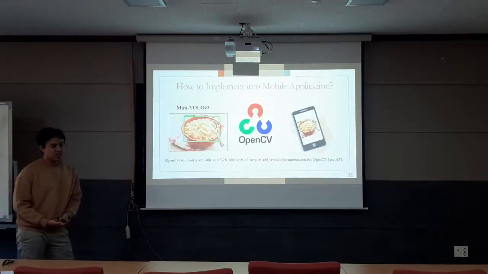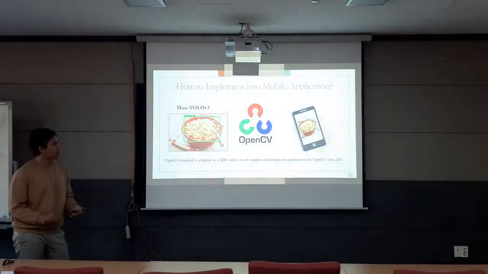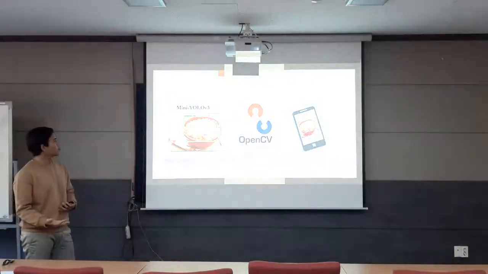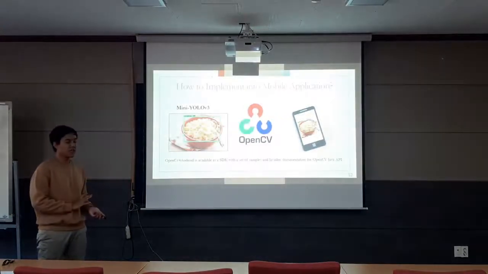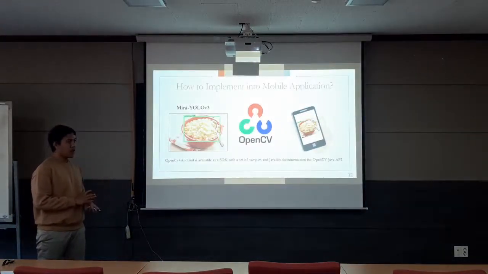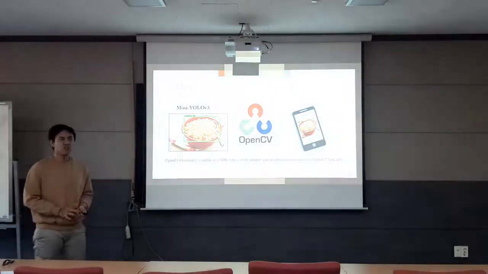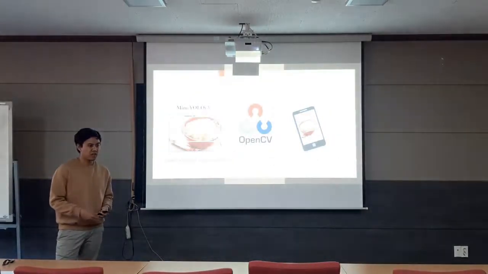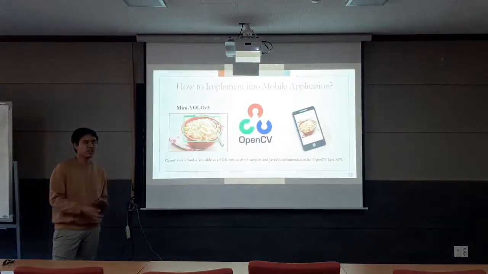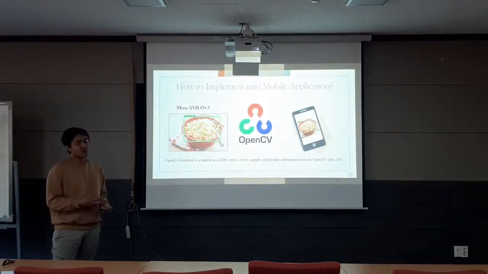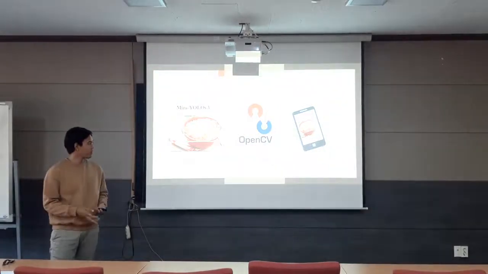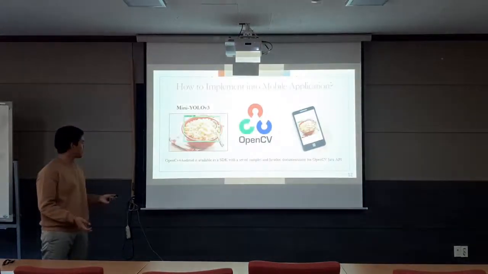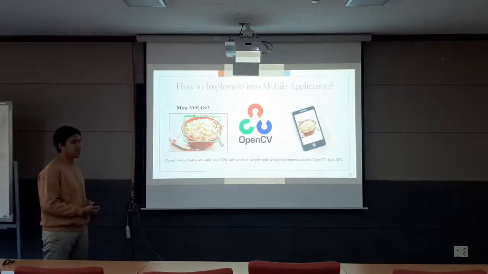Okay, and next, if we finish to train and to use the object detection, how can we implement the object detection to mobile application? So here we use OpenCV for Android. OpenCV is an open source computer vision library. Its function is to help users build machine learning or computer vision programs or products, and they also provide us OpenCV for Android, which is a kind of SDK, software development kit, with a set